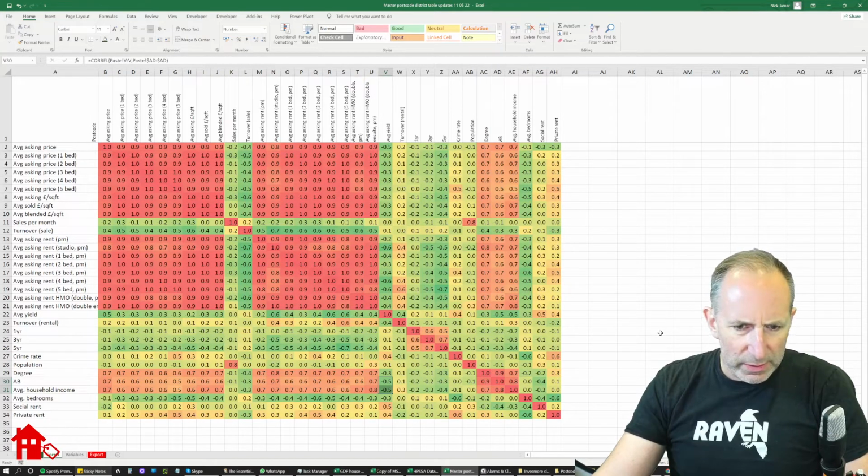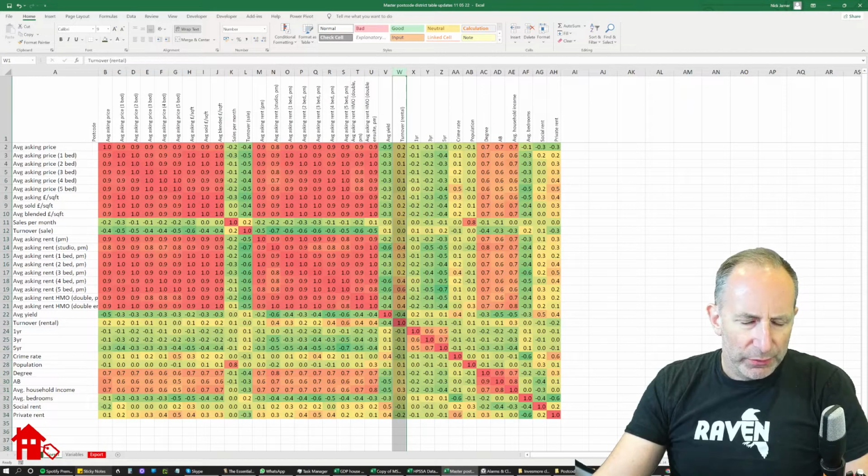And what else can I tell you that looks interesting? Rental turnover is an interesting one for us. So we pay quite a lot of attention to this metric because the greater the rental turnover, the more demand there is, and therefore the quicker you're going to rent your property out. And generally speaking,